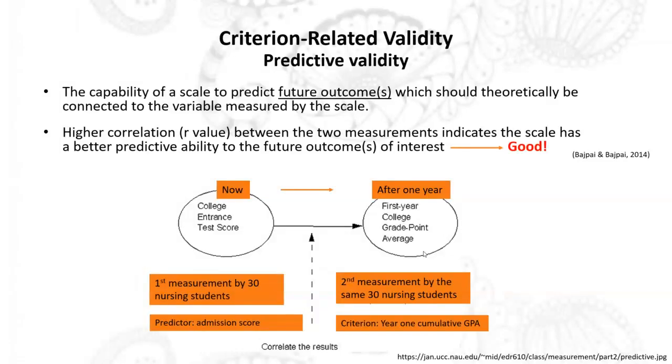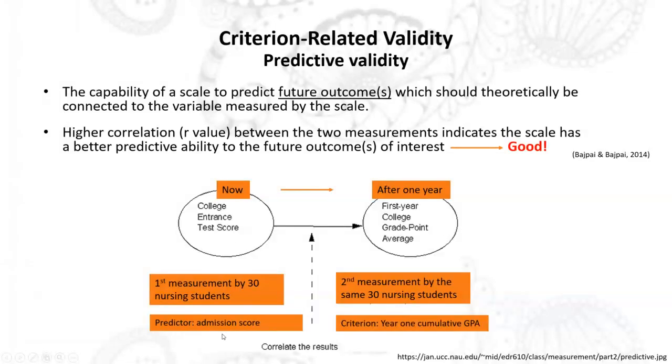If I want the college entrance test to predict the GPA, do you think the R should be high or low? Should be high. The higher the R, the more the correlation between the entrance test and the GPA. So for this example, the predictor, the test, I want to predict the year 1 GPA is the admission score,